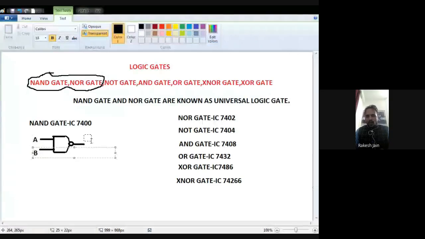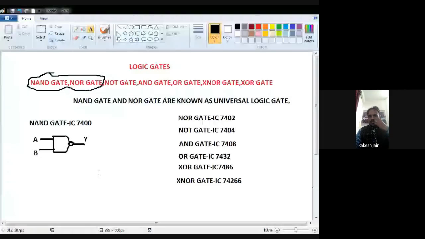These are the input lines. There are 2 inputs and 1 output. This is the symbol of the NAND gate. Always remember, throughout the world, whenever you see any book,